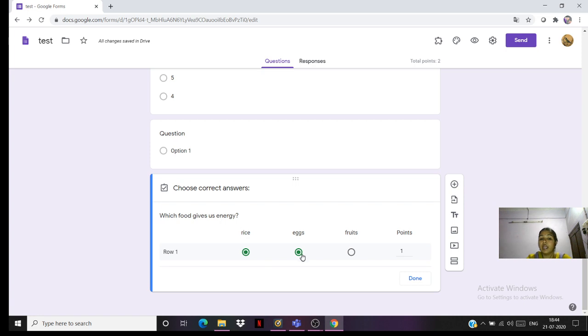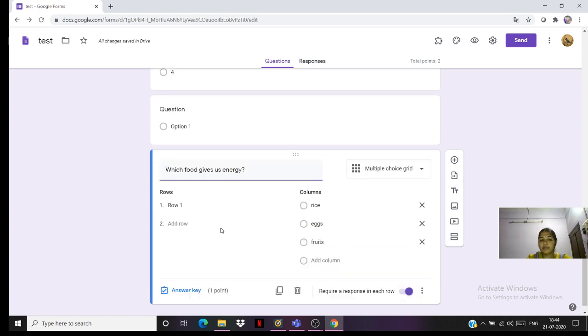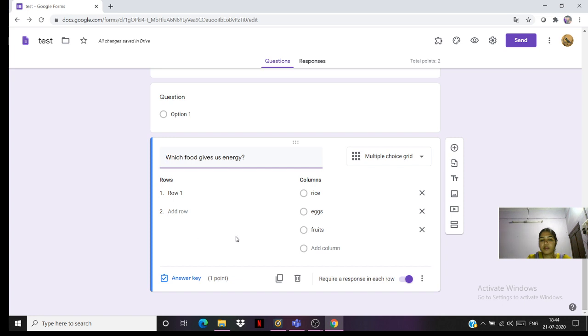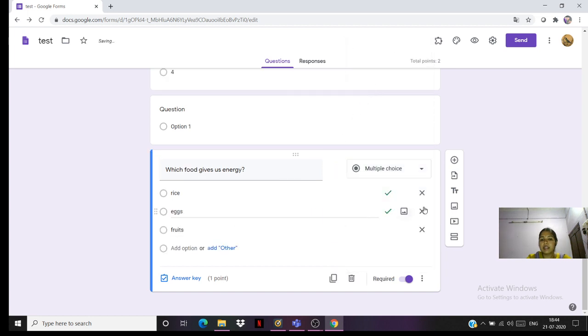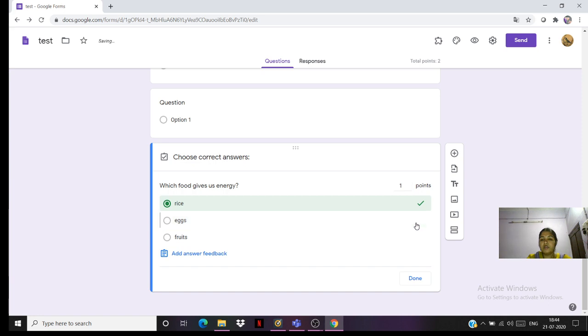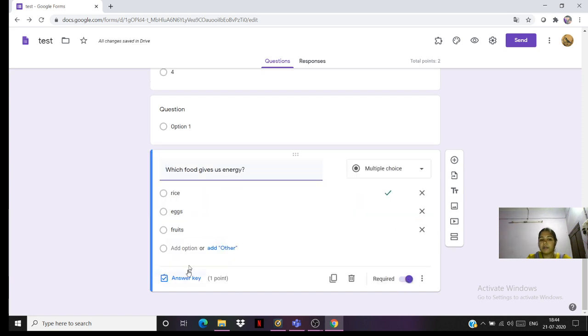If he selects only egg, he will get marks. So this is done. But here I will choose only multiple choice because only one answer is correct. So I'll go to answer key. I will remove this as an answer and only rice will be the correct answer. So it is done. So in this way we can make the quiz.